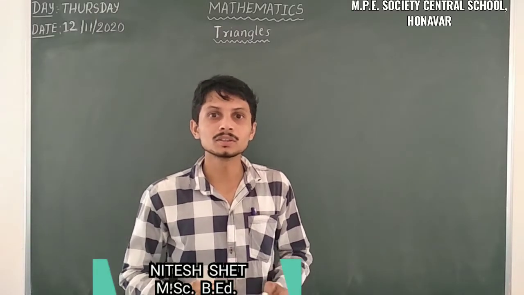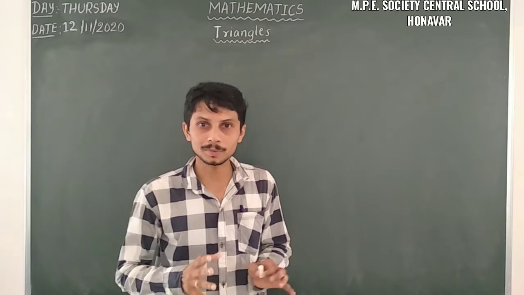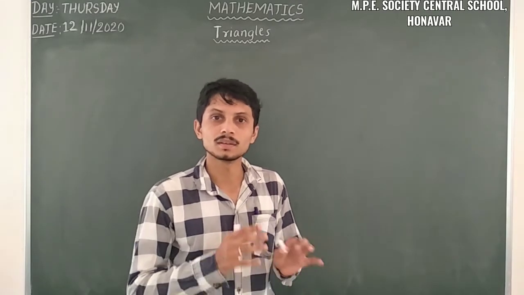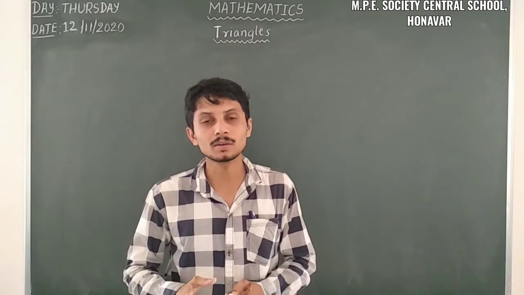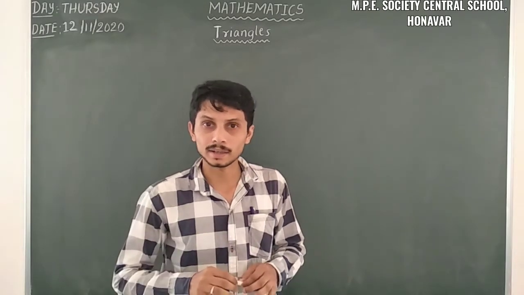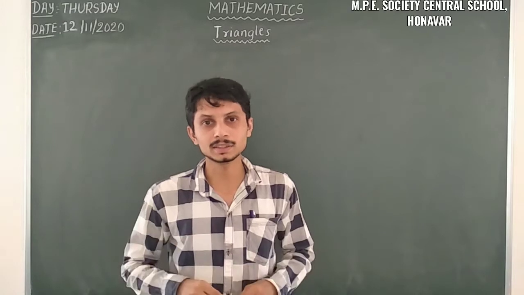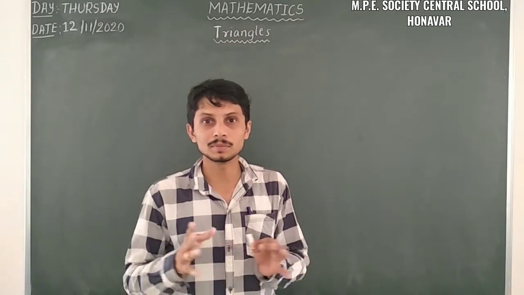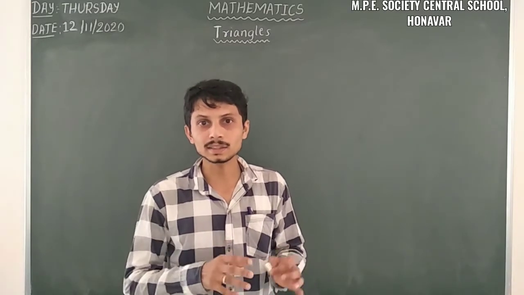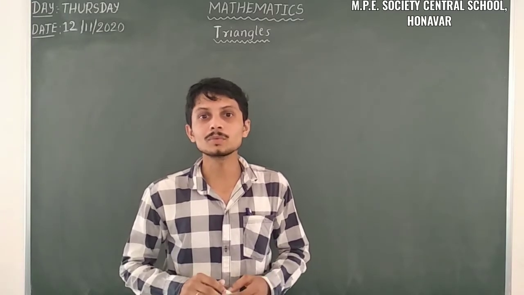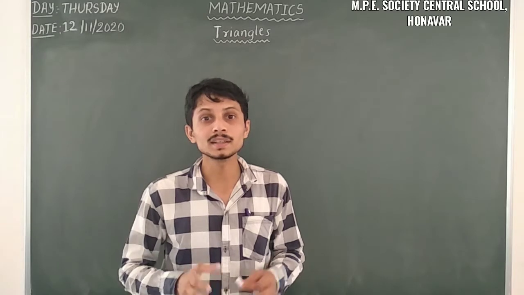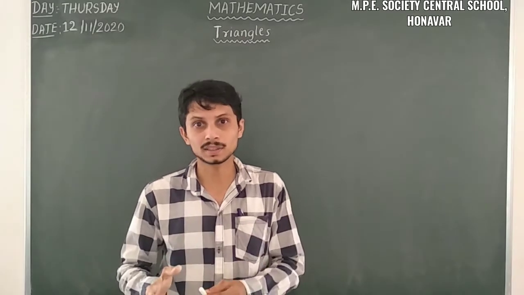I am from Mannavara. So last class we discussed a topic from 10th standard, that is triangles. In triangles we already discussed what is meant by triangles, what is meant by similarity of triangles and their criterions, and some of the criterions we discussed. Also we discussed the area of similar triangles, and last class we discussed the Pythagoras theorem. So let us move on to the next theorem, that is the converse of Pythagoras theorem.